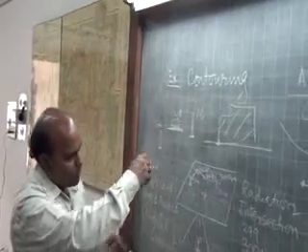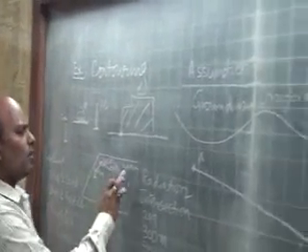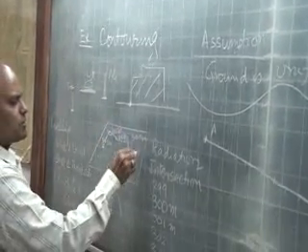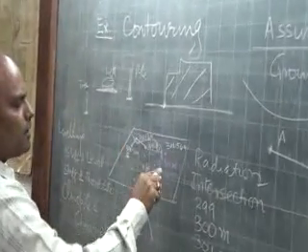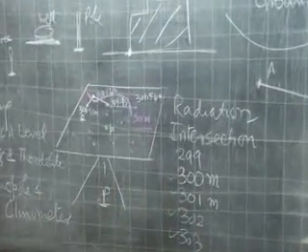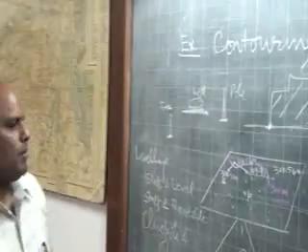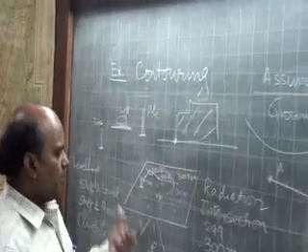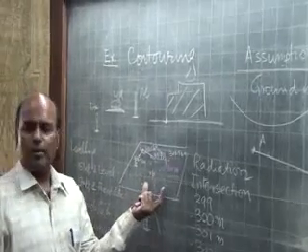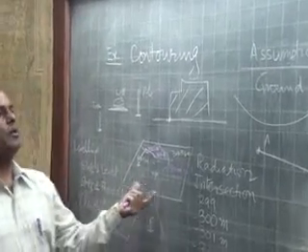So once you plot the contours, then maybe you can remove these elevation points. You only write the actual value of the contour. So this is the way contours are shown on the map. At the end, you have to write in your map what is the contour interval which you have selected for the mapping.